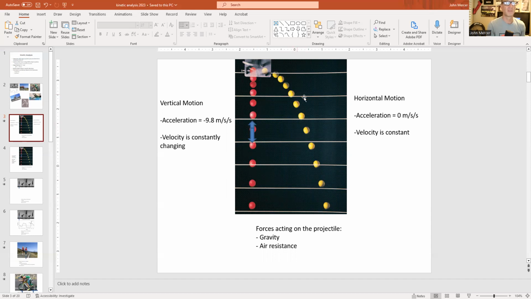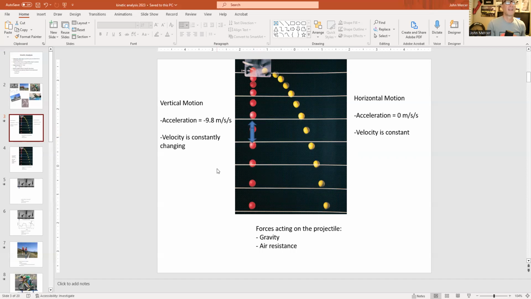We could consider air resistance in the horizontal direction, but if we take all the air out of the room, there would be no resistance in the horizontal direction of the movement of the object as well. Now, what's interesting is if I do take air out of the room and we drop the object, we will